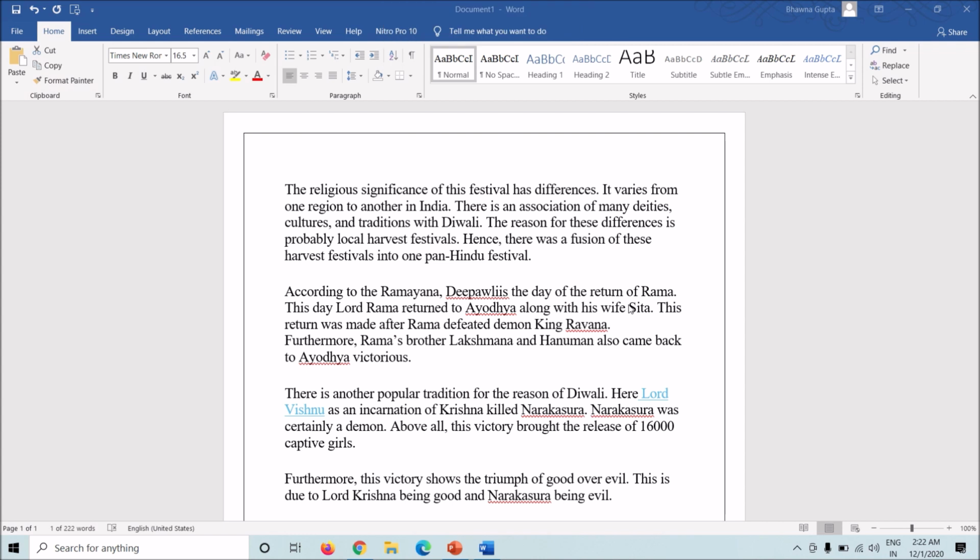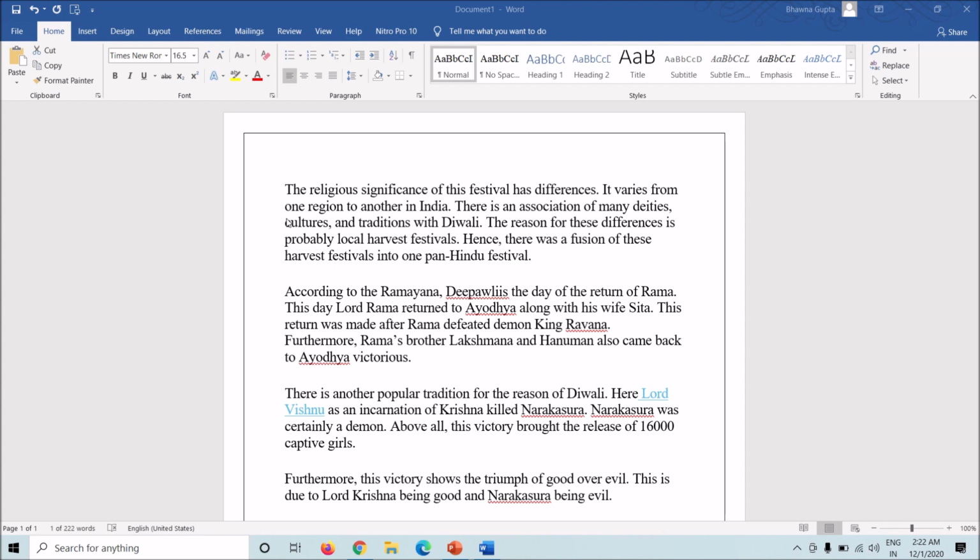The next part that we will focus on is adding footnotes and endnotes to your Word document. Now, footnotes and endnotes are very popular among college students. For whatever they're writing, they have to cite it. They cannot just provide the information, they need to provide the source as well. So they rely on footnotes and endnotes. The footnotes and endnotes are added in an almost similar manner.